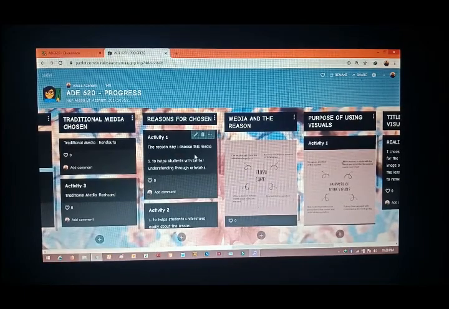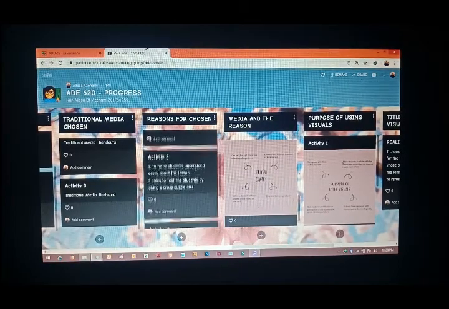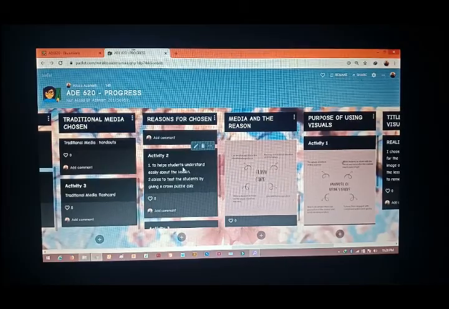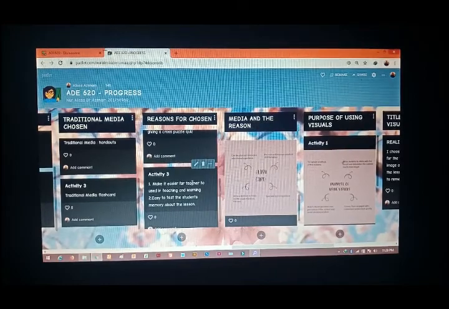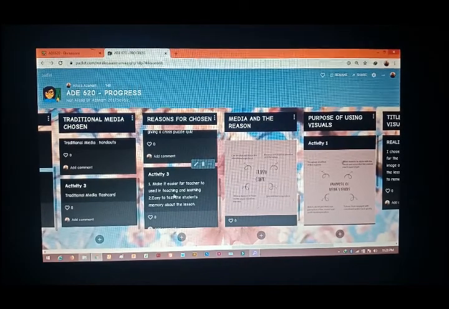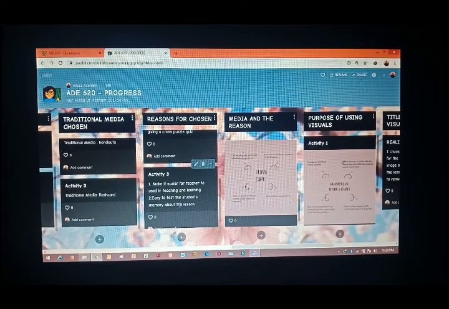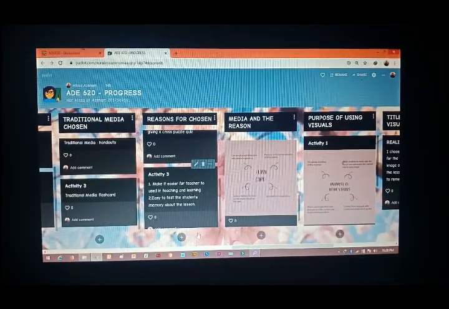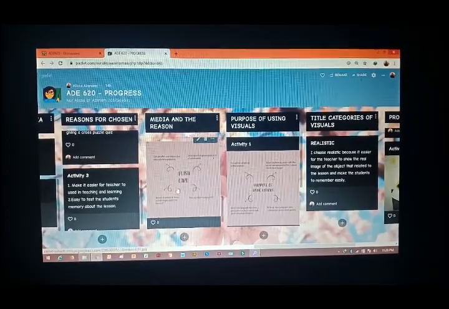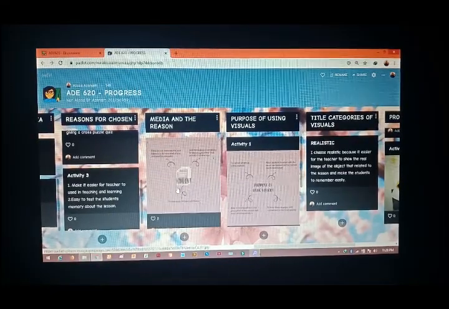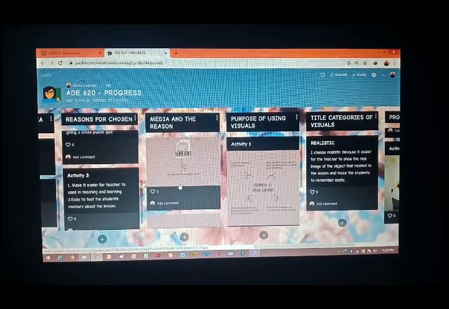For activity number 1, to help students' understanding through artworks. Activity number 2, to help students understand easily about the lesson. Activity number 3, to make it easier for the teacher to use in teaching and learning and easy to test the students' memory about the lesson. And the next column is the media and the reason, which I did in an infographic